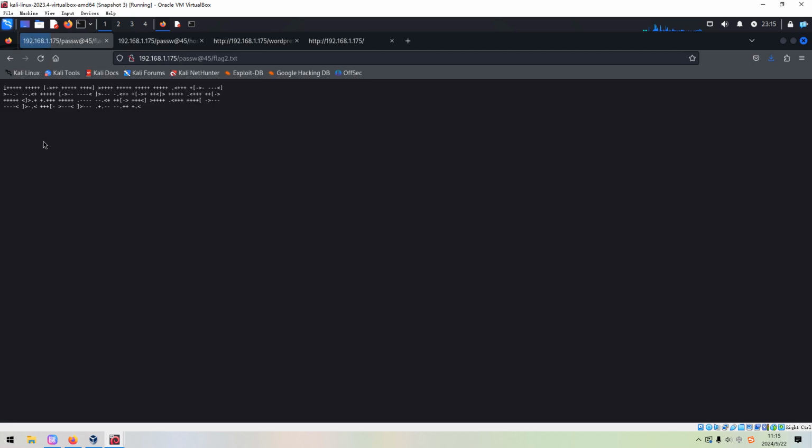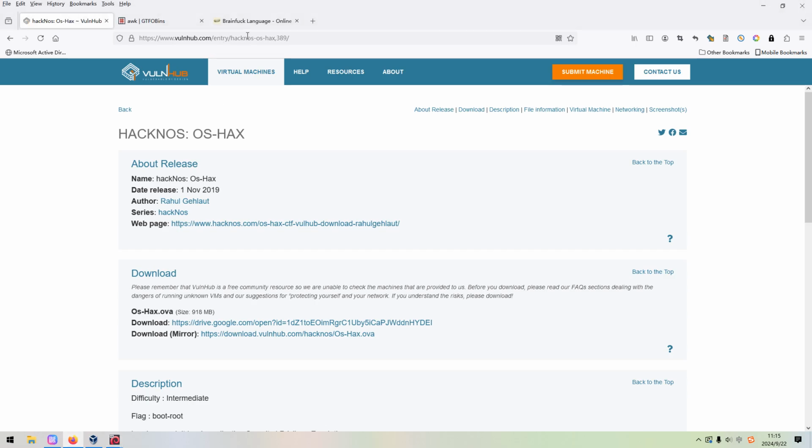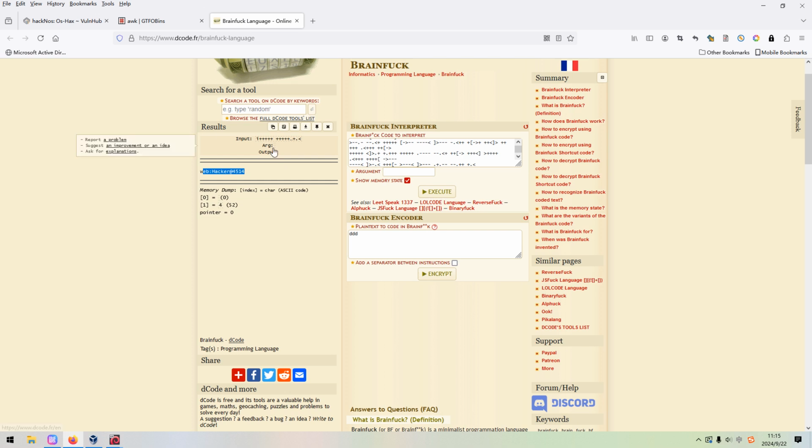Here we got the second flag, and this is encoded with Brainfuck. I think we have already used this encoding algorithm many times. We can copy it and go to this website. The link will be added into the description section below. You can paste it over here and execute, and then we can get the credentials.